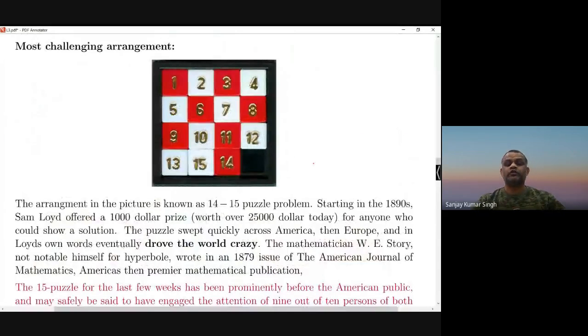So what will you do? Suppose you can solve this problem, assume that you can. Means 14 will come here and 15 will come here. So what will happen in between? You will take the initial position and you will make a move, and each move is associated to a transposition. Either you move 14 here or 12 here, and then maybe 8 here, 4 here, something you will do. So you will do many moves, and all moves are related to transpositions.